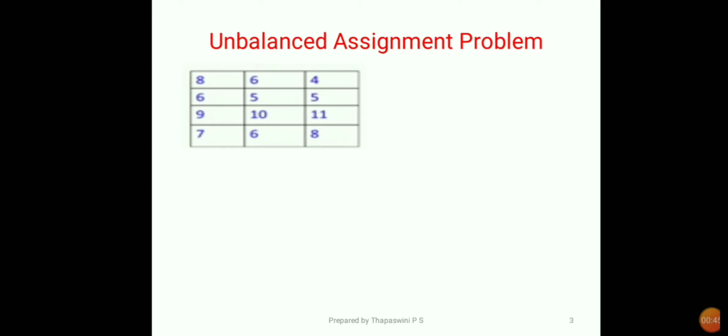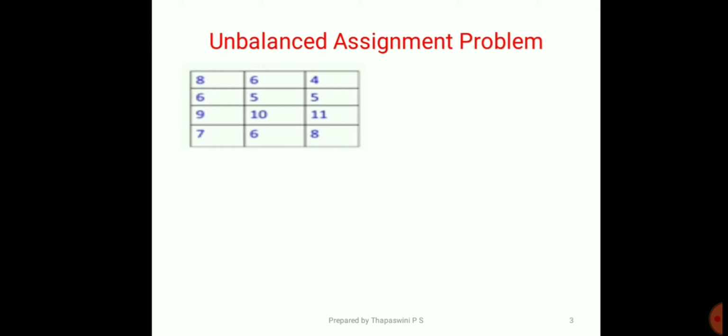In fact, till now we have looked at assignment problems that have an equal number of people and jobs. We looked at a 4 cross 4 matrix in all our examples till now. Now can there be a situation where there are only 3 jobs but there are 4 people? Can there be a situation where there are 4 jobs and there are only 3 people? Which means, can we have a situation where we have an unequal number of the two entities? Can we still solve it as an assignment problem is the next thing that we will be looking at.